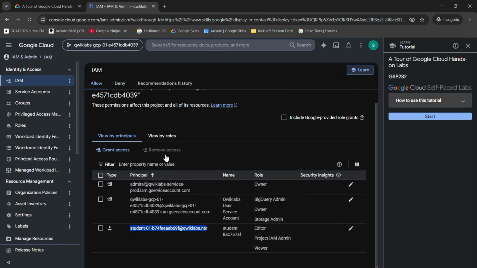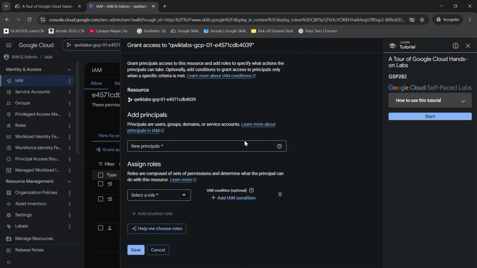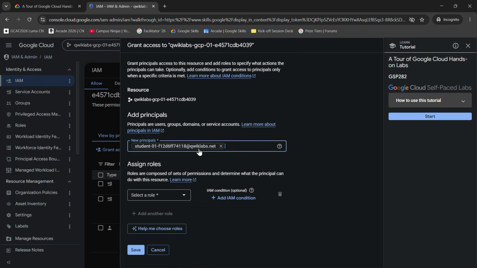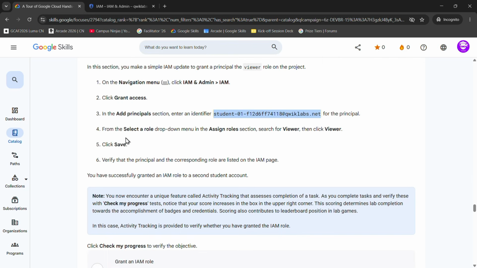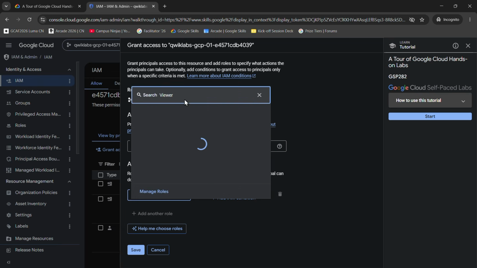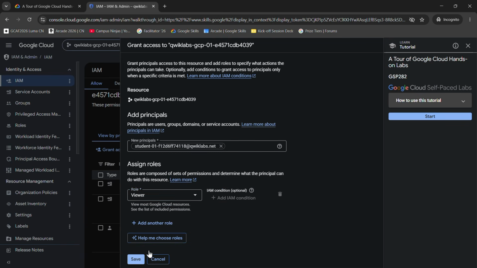You just have to click on grant access. After this, you just have to put the email here. Just click on enter so it can take the email. Okay, and then you have to select a role, then assign roles and click viewer. Okay, so you have to give the viewer role to him. Okay, so you can just click and copy and paste the viewer role here, and now just click on